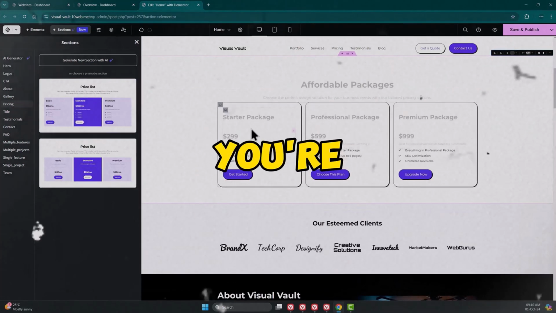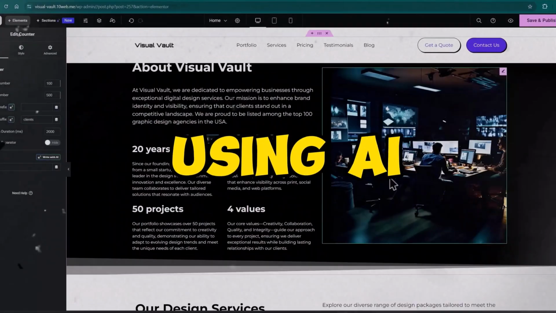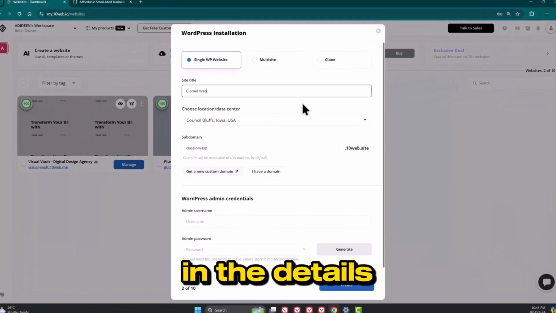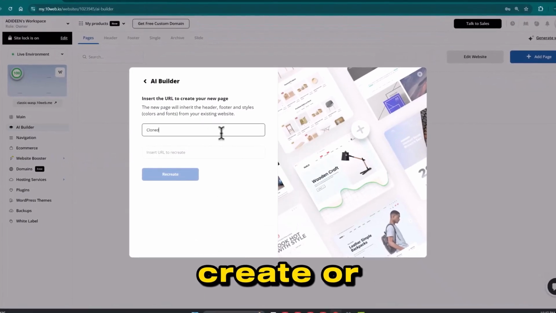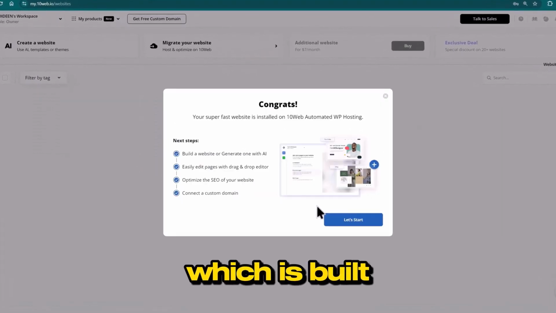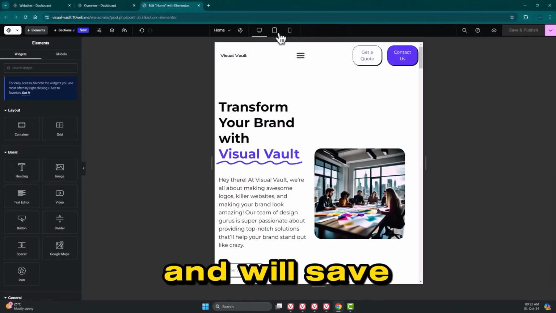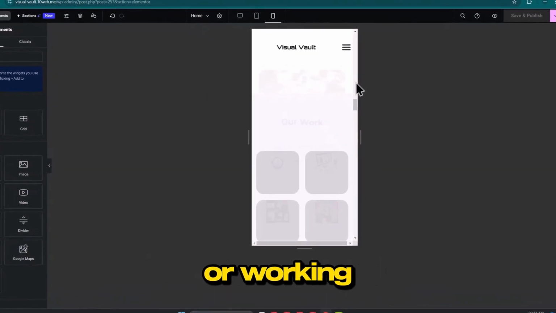In this video, you're going to learn how to create or clone any website you want fast and easily using AI. All you need is to fill in the details of the site you want to create or clone, and within a few seconds the AI will give you a fast-loading website which is built directly on WordPress. This means it is fully editable and will save you time and money in hiring a developer or working with